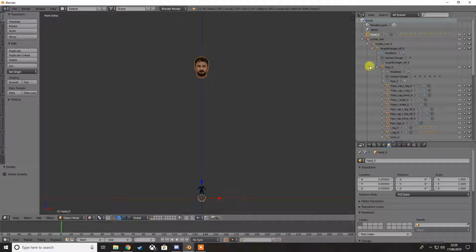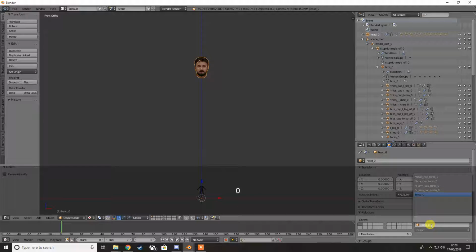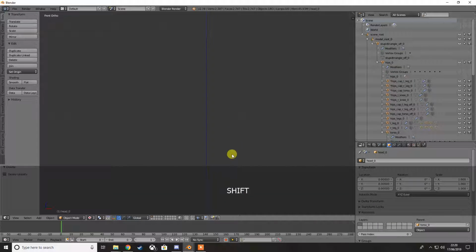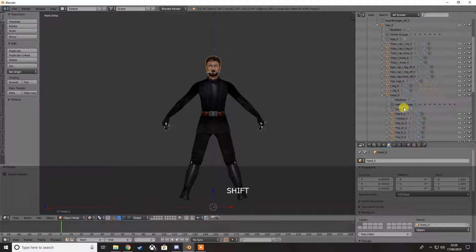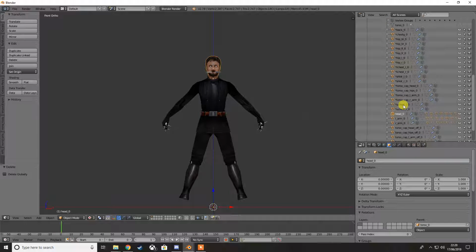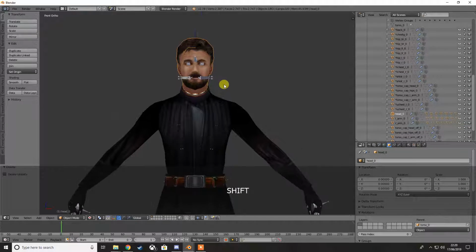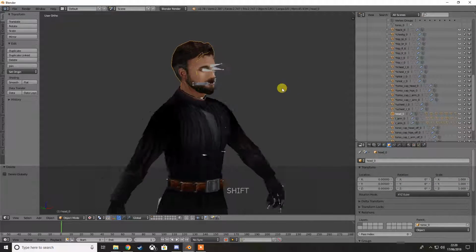Now, to parent it so it actually goes with the mesh, you want to have this tab highlighted under here, and then where this parent box is, I'm just going to type in torso_0, and that actually links it to the torso now. You'll see that it's shrunk down and it's kind of ready, there's a bit of a gap,